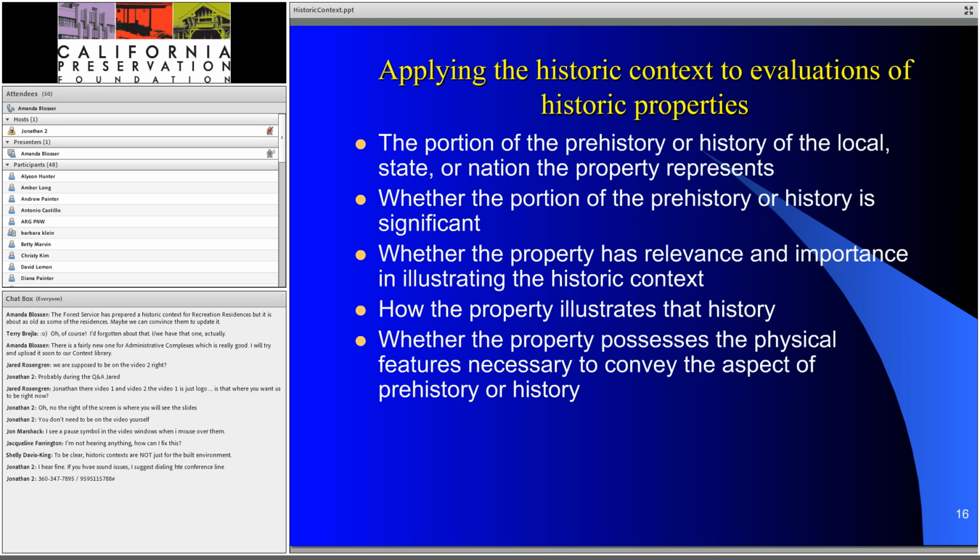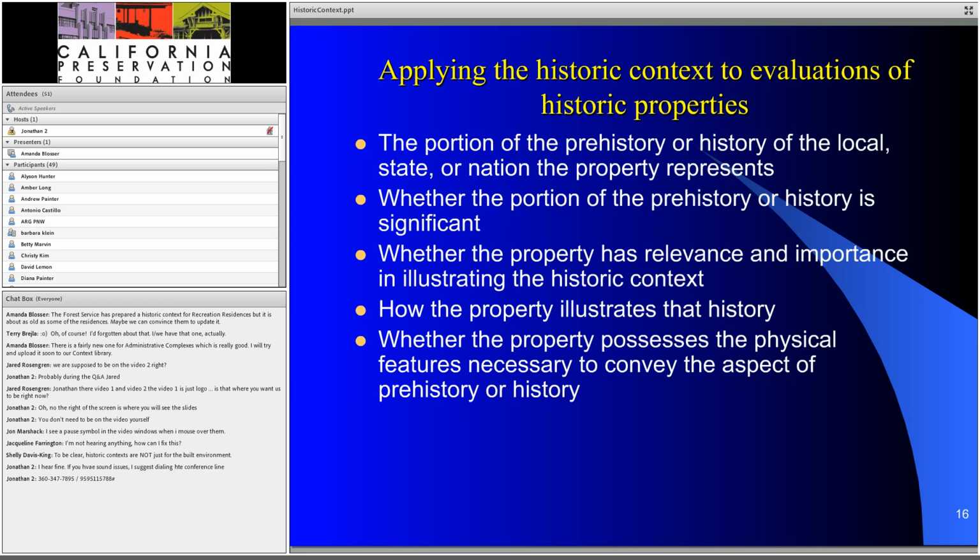So that is the steps for putting it all together. And then after you have a historic context, and we're all going to assume that we have a fully developed historic context, we want to use it. So we're going to apply the historic context to an event of historic properties, because I believe that's ultimately why we're preparing these. In order to do that, you need to define